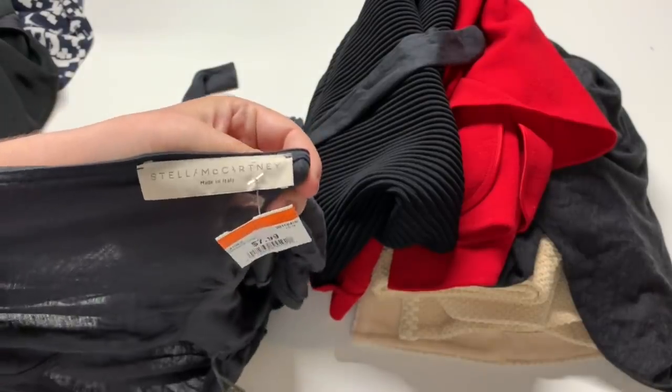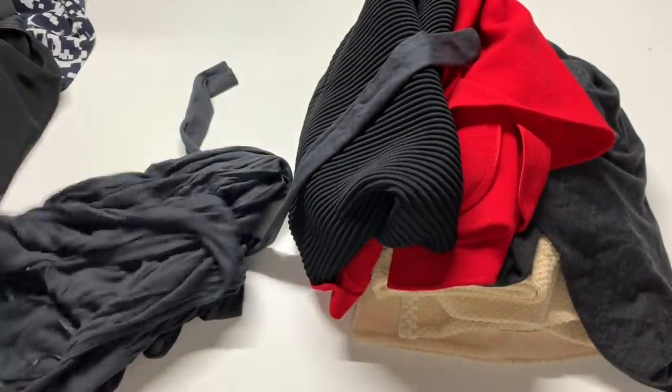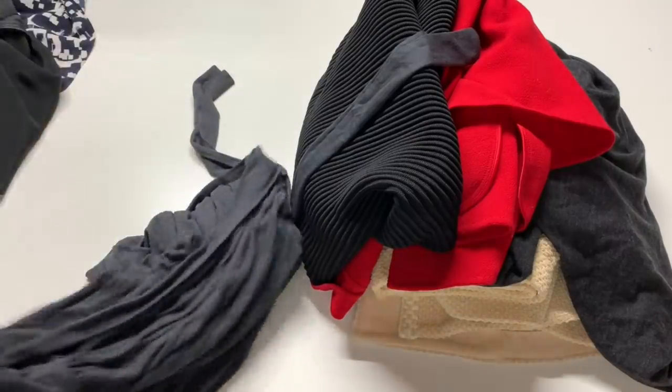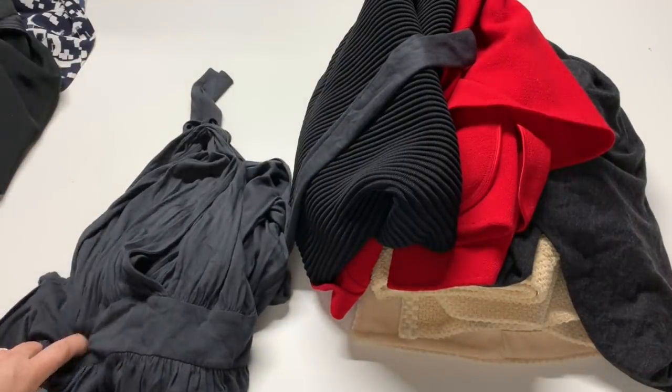A very influential fashion designer. I paid $4 for this, and as you can see, it is going to be great for the summer because it is made from a very light, flowy fabric. It does have a tie that goes around the waist, and I'm going to hopefully be able to sell this